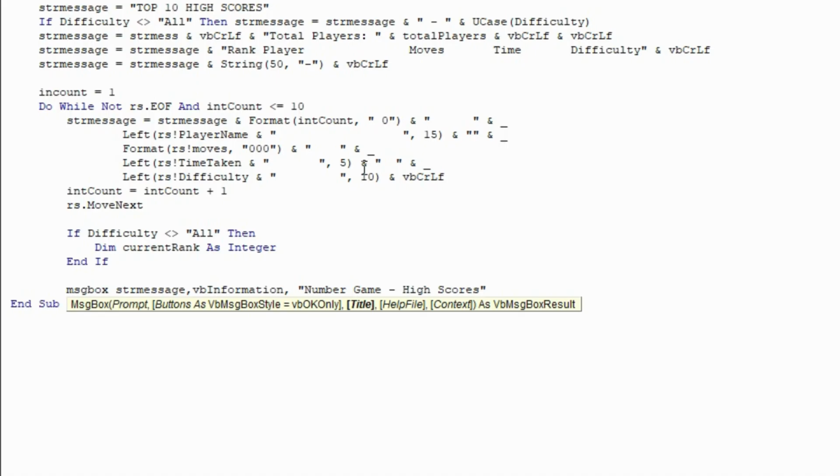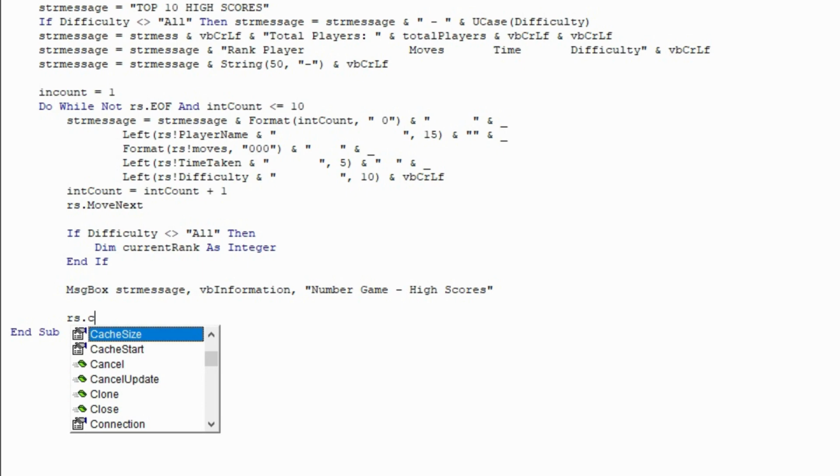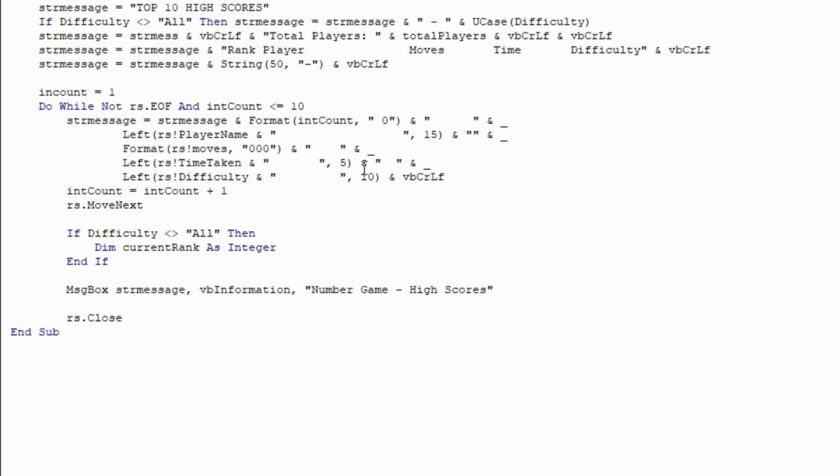Okay. All right, so rs dot close, then set rs equal to nothing, set db equal to nothing. Then we have to exit the sub, then